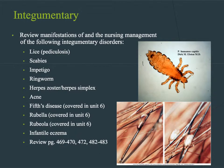Okay, so integumentary system. These are several different integumentary disorders that we can see with our patients. Lice. These are white eggs firmly attached to the hair shafts. Scratch marks, papules, pruritus is typically seen. We're going to put in a pediculicide or a specialized shampoo and then manually remove the lice and nits with a metal nit comb or a very fine tooth comb. This is going to spread via